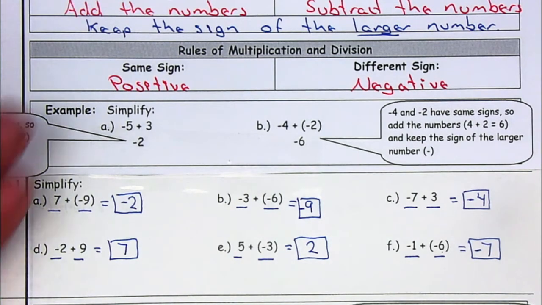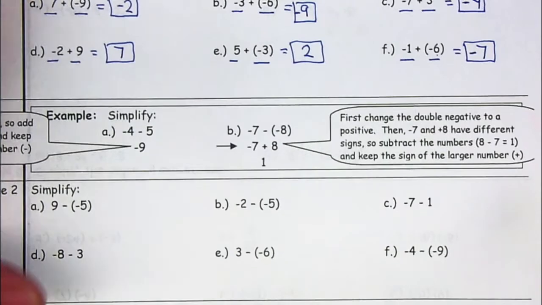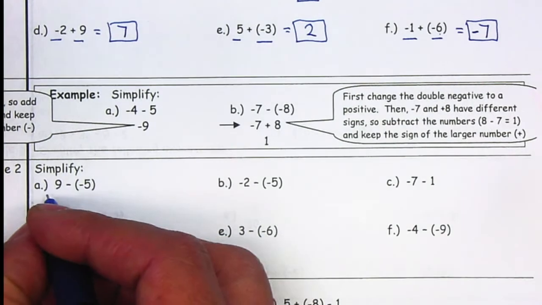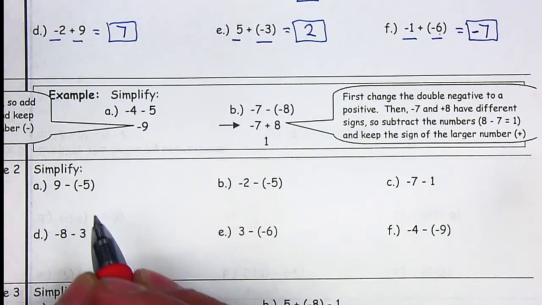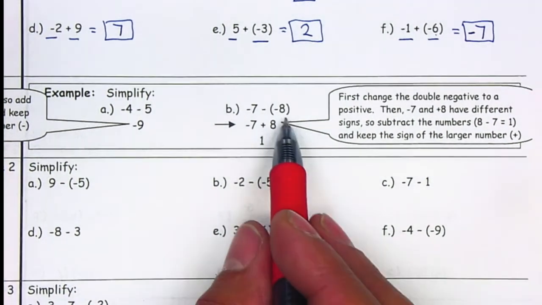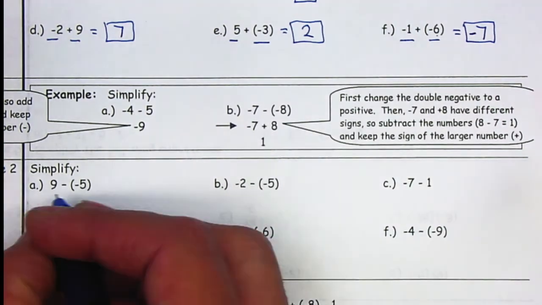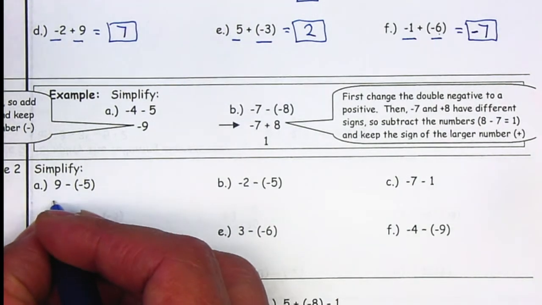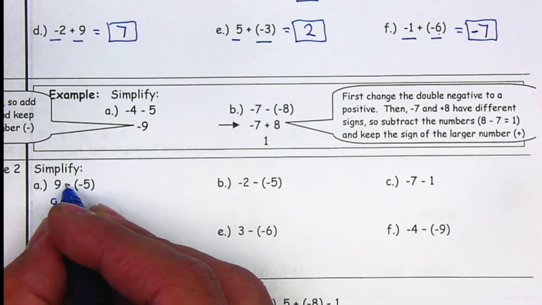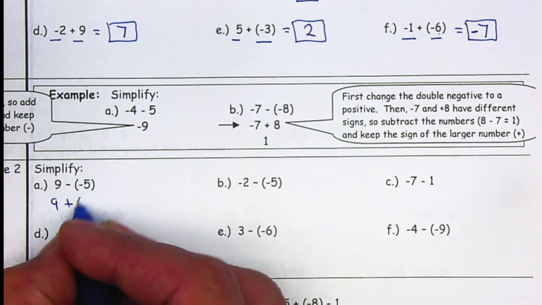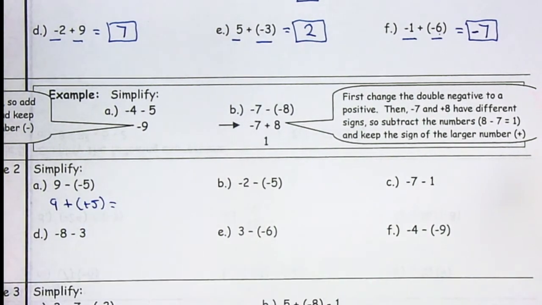Now for subtraction, it works the same way. Let's go to example number 2. If we have a subtraction, we need to be able to change it to an addition, and as we have here, we are going to make the second number the opposite. So first we're going to change it to an addition. This is a 9. We're going to change the subtraction to an addition, and we're going to make this the opposite, positive. Now they have the same sign. And we add,